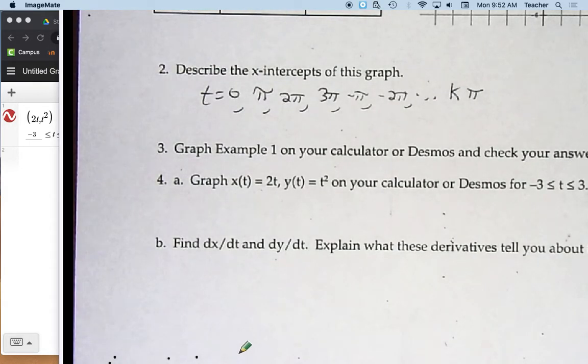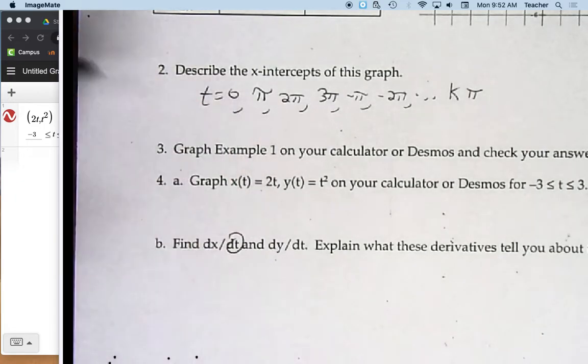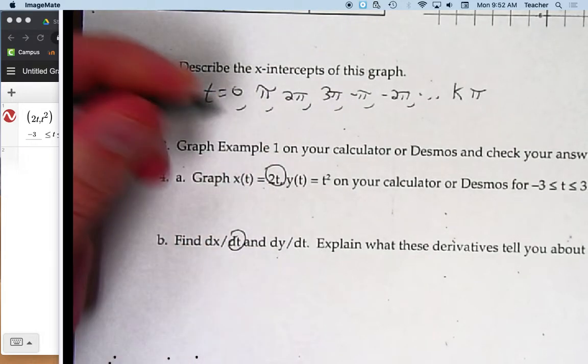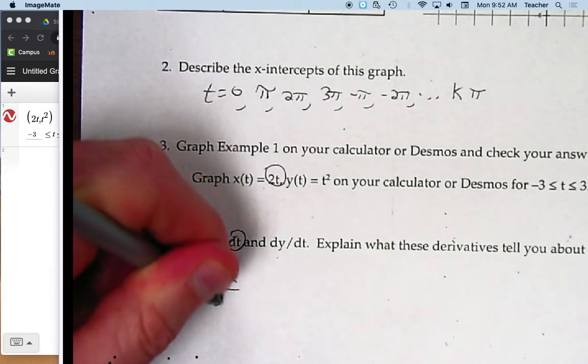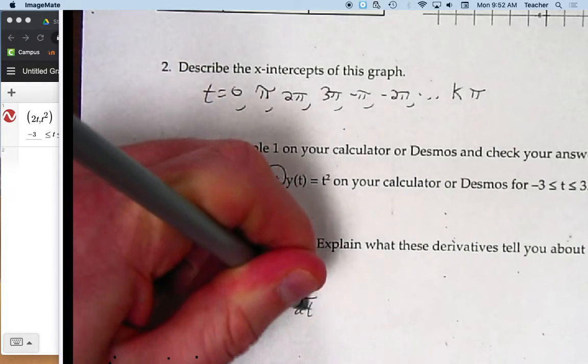And when I go back to the worksheet and find dx/dt, now when we're taking derivatives, we have to be really careful about what variable we're taking the derivative with respect to. So dx/dt, that's just the derivative of 2t, and so dx/dt is 2. dy/dt then would be